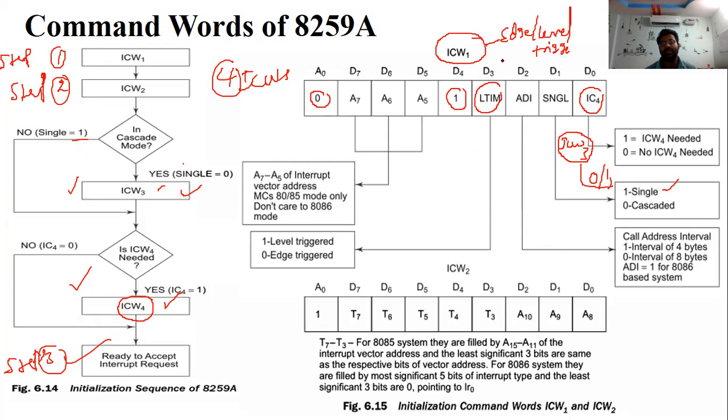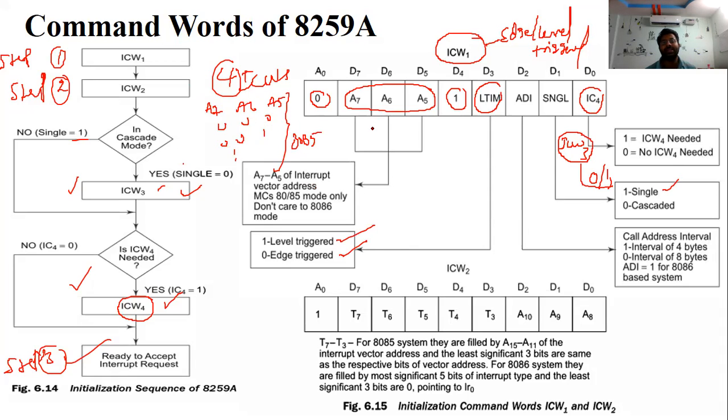Edge or level triggered. So 1 is going to be level trigger, and 0 is going to be the edge trigger. So what does this address? These three bits indicate the addresses in 8085 mode, nothing but A7, A6 and A5, indicating 0, 0, 0, 0, 0, 1 and so on in